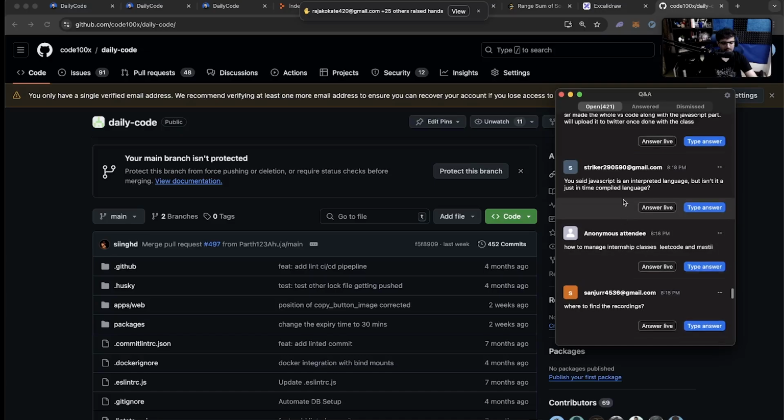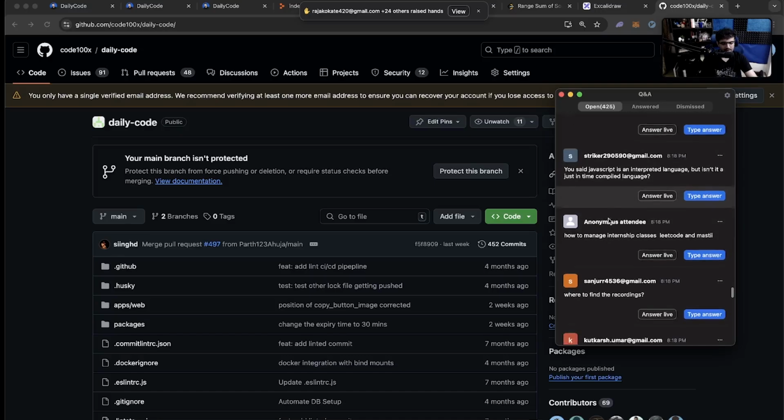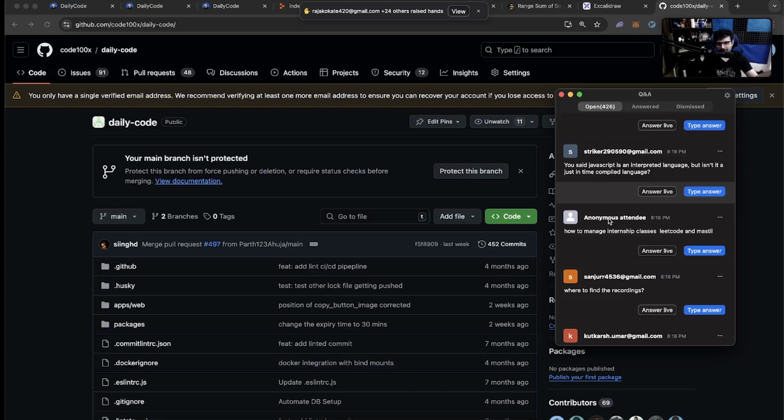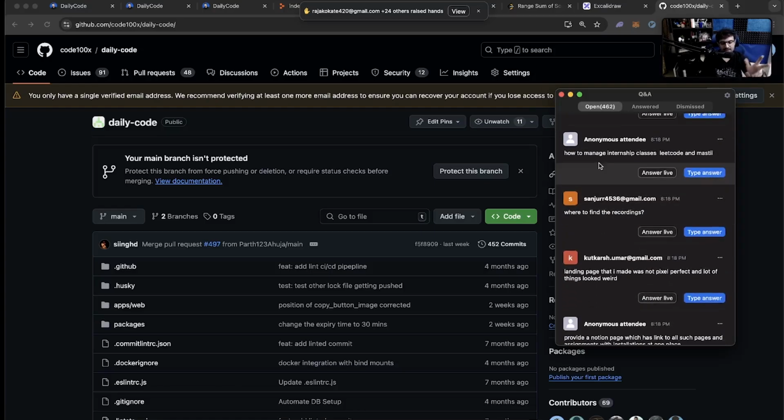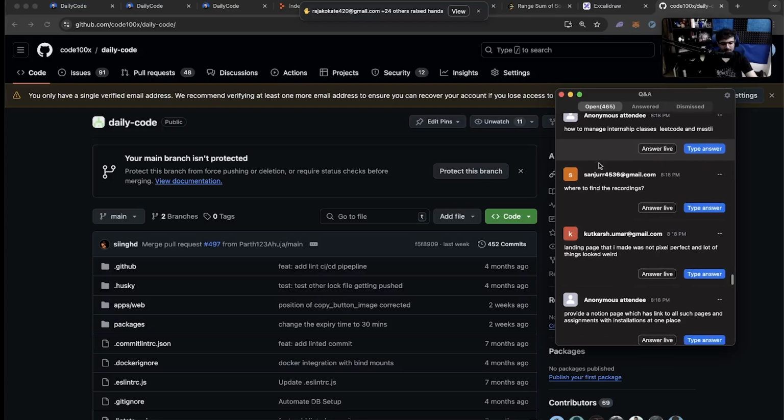Alrighty. You said JavaScript is an interpreted language, but it is a just-in-time compiled language. Yes, more technically, JIT is what JavaScript is. It is also interpreted. It's a very thin line between it being an interpreted language or JIT. But yes, sure. If you want to be 100% technically correct in an interview, there is some more depth in here that I never really got into. But yes, it is a just-in-time interpreted or just-in-time compiled language.